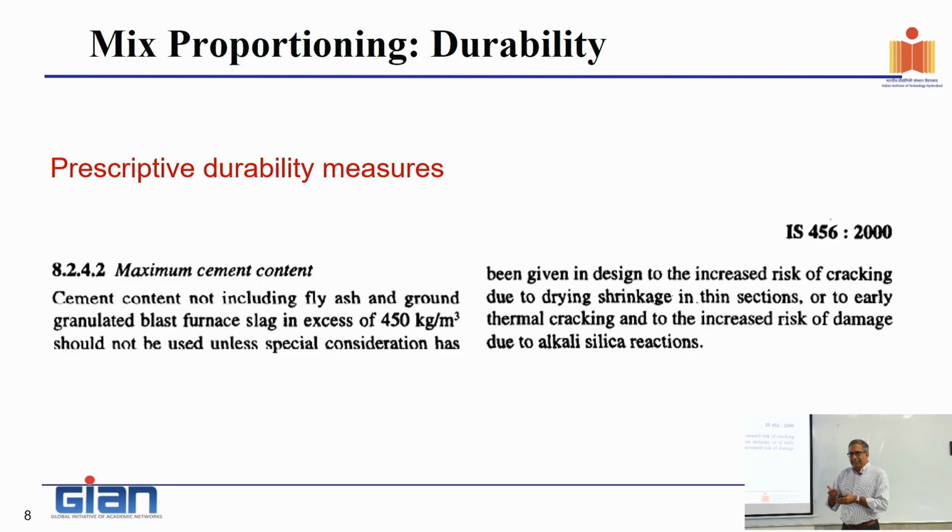So these are all things that are already inbuilt in our codes, and most of these are prescriptive in nature, where we're putting limits. We're saying you will not do this, okay? At the core of it is this fact that if you start increasing your cement content beyond 450 kgs per cubic meter, expect heavy cracking in concrete because of shrinkage, and it happens, okay? So that is as far as how we've addressed the strength issue and the durability issues in our mix design, the first box, right?